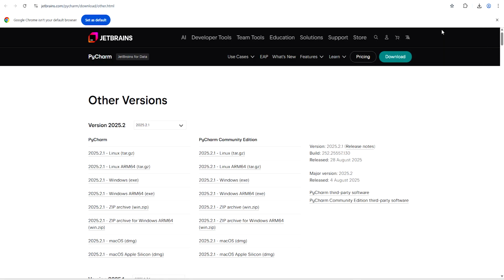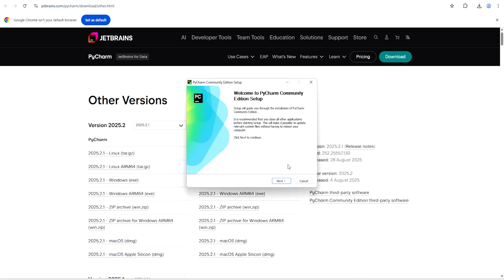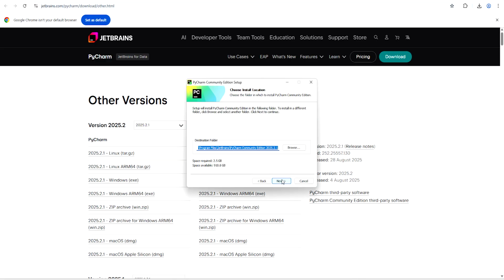Click on this. Click next. Leave the default. I will leave the destination folder default.